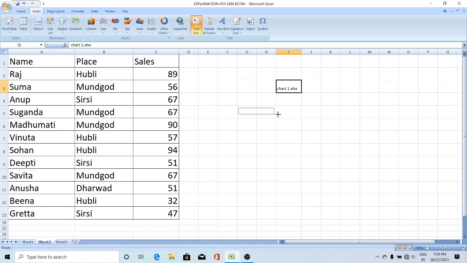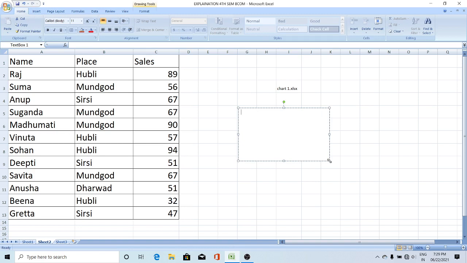Just drag and drop, and the text box will be inserted. You can type any text information over here. I'll type MES college. I'm typing some information here, just MES college.